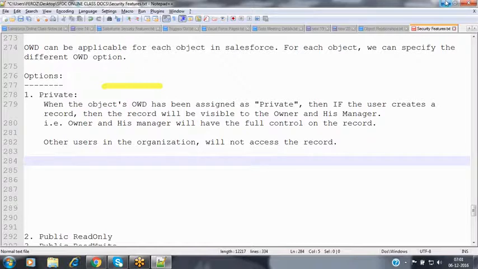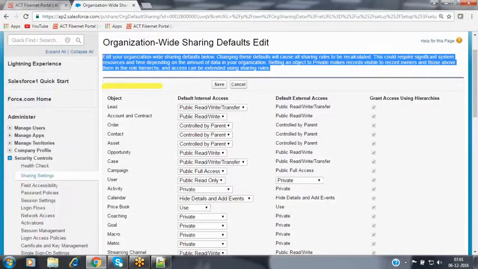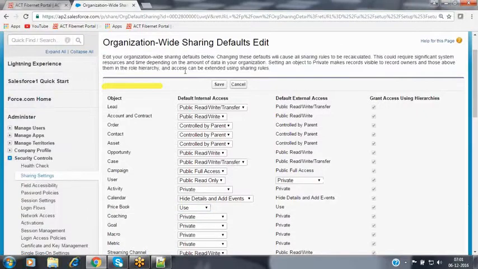If there are other members on top of his manager, those people cannot see that record, unless they have view all. So only the immediate hierarchy member can access that.